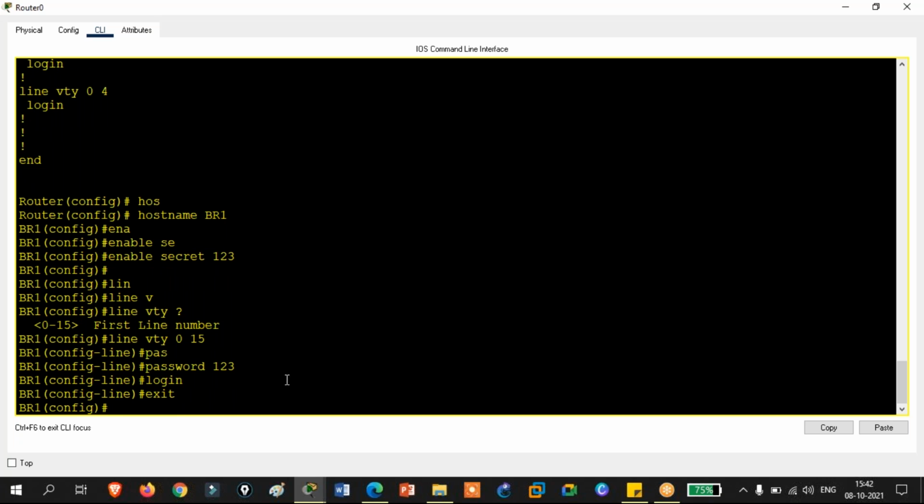Okay, so you have done all three things. First, change the host name accordingly, put the user password and then put the telnet password. And by default, when you are not saying whether it is configured for telnet or SSH, it is configured for what? Telnet. So telnet is configured when you configure VTY, and SSH needs to be configured separately. You need to use an extra command. I'll tell you what that is.